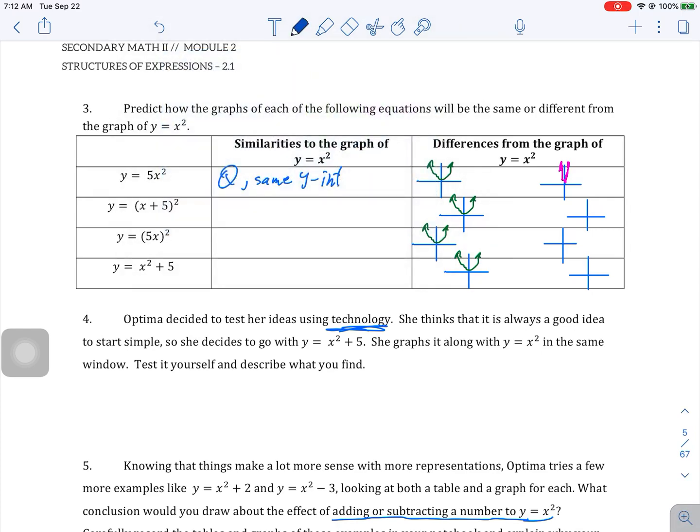The next one is x plus 5 squared. Okay, and yes, it's a quadratic, right? And it's going to have the same range. However, we're going to see some differences when we look at the domain. So this one, if it's x plus 5, that means it starts sooner. So it's going to be